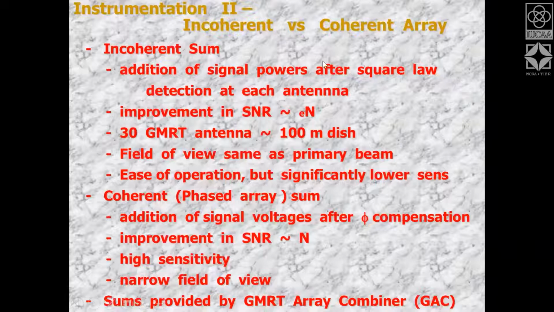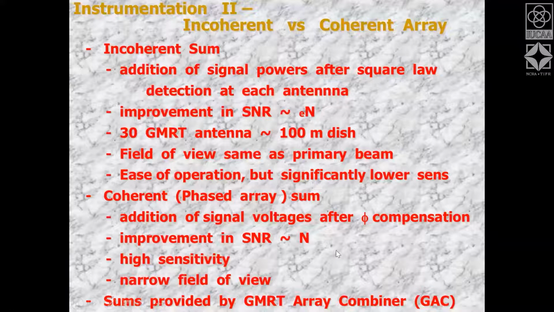You could also do another thing: instead of phasing the dishes, you could just take the voltage from each telescope, square it to get the power, and add all of the powers together. The process of squaring essentially makes you lose the phase information. So now you are not taking phases into account. This kind of sum is called an incoherent sum.